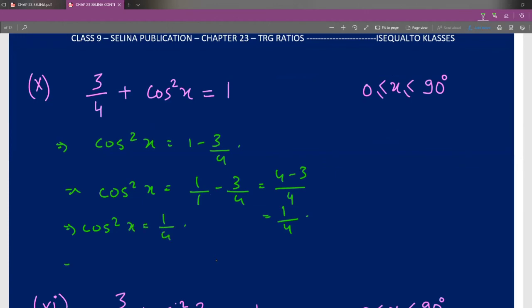Now over here, what I'll do is, as I've done in the previous question, the square that is present in the LHS, I'll move that to the RHS. And the answer will become cos x is equal to root of 1 upon 4, and that will be equal to 1 upon 2. Okay. Now we need such an angle that cos of that angle will be equal to 1 upon 2. So therefore, that angle will be